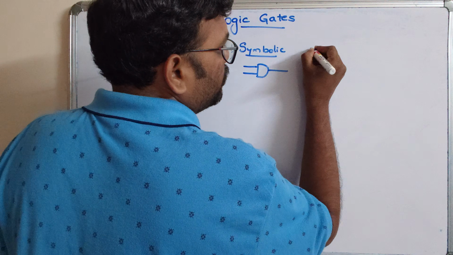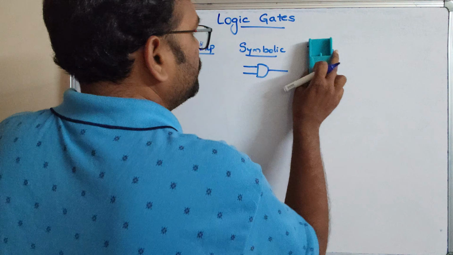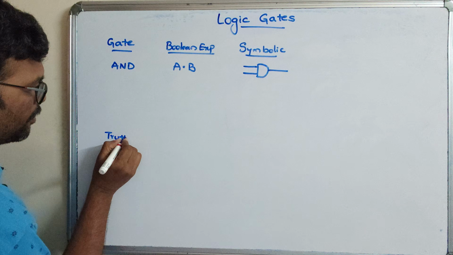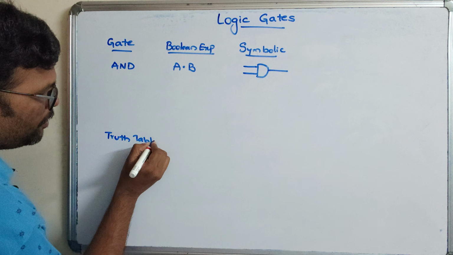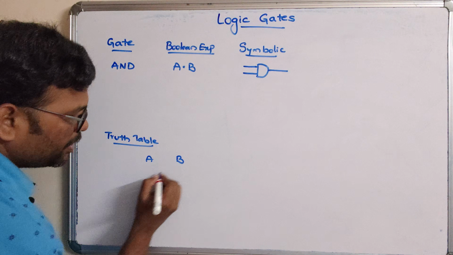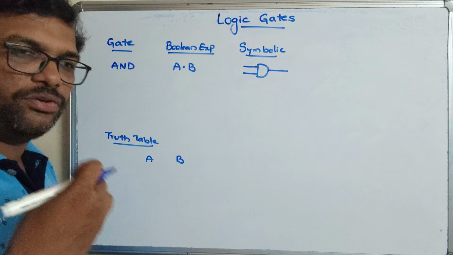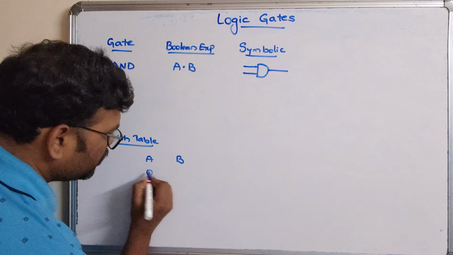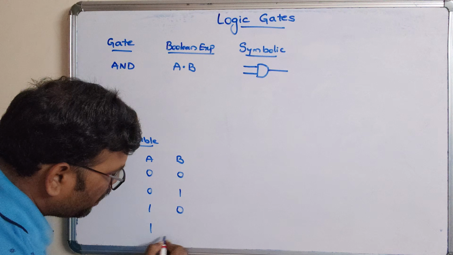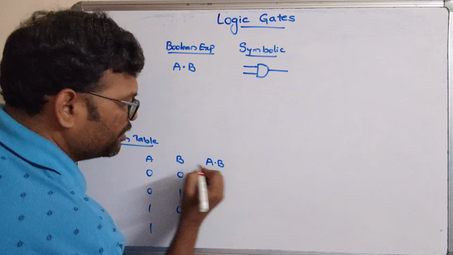So let us consider the truth table here. If inputs are A and B, the combination of inputs, we know that the language is a binary language, only zeros and ones. So the inputs will be 0 0, 0 1, 1 0 and 1 1. Now if it is A dot B, which is an AND,